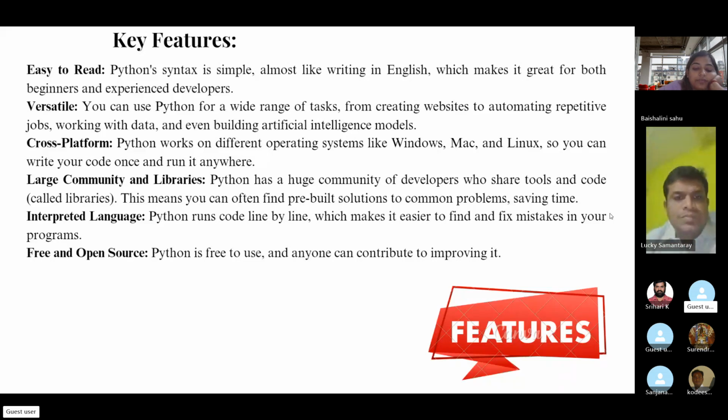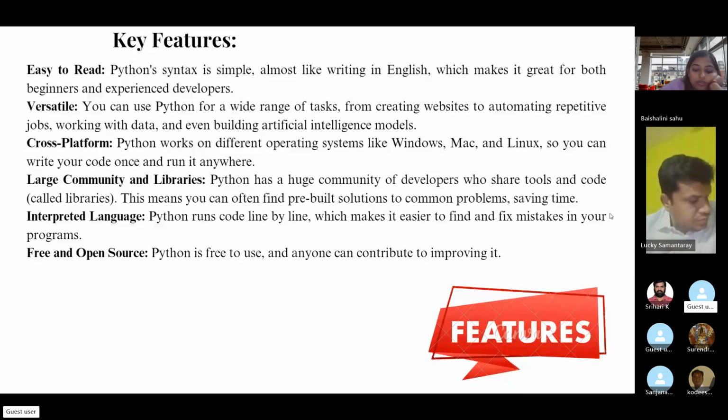The large community and library. In Python, we have a community of developers who share tools and code called libraries, because Python has pre-built solutions for solving problems and saving time. For example, if you are going to do Python for data analysis, you should know about pandas, matplotlib, seaborn, and numpy.